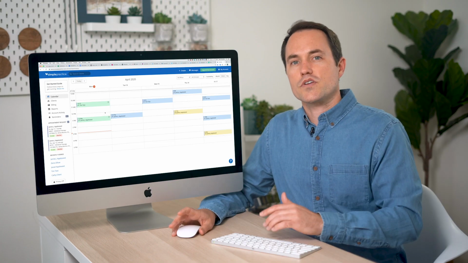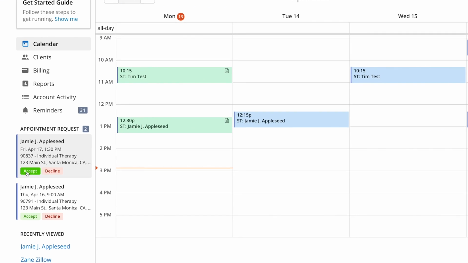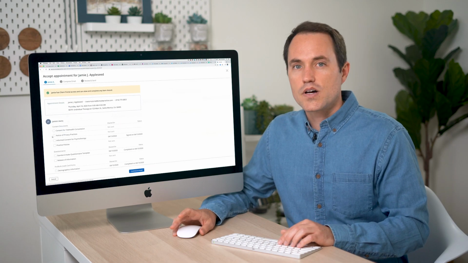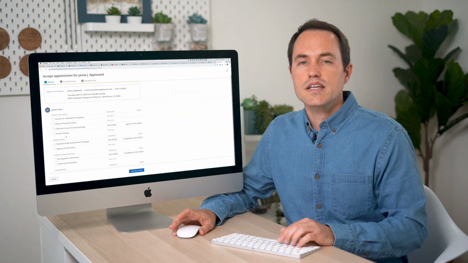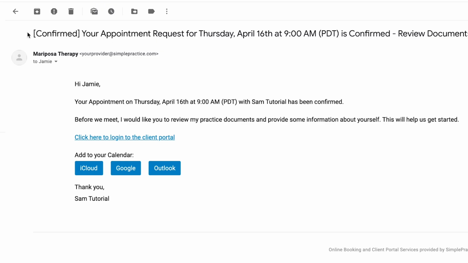This sends me an appointment request, so back in my account, I get this little notification next to the calendar. I can choose Accept or Decline. If I click Decline, it sends them a message asking to book a different slot. I accept, and it brings up an automatic message in case I want to send them any additional details. Back in my client's account, they get a confirmation email.